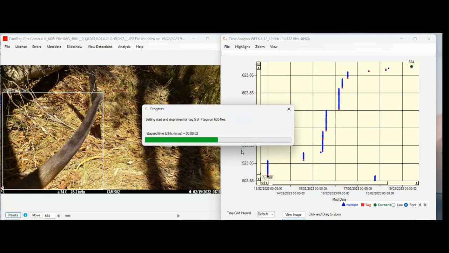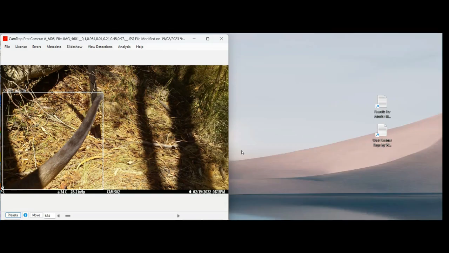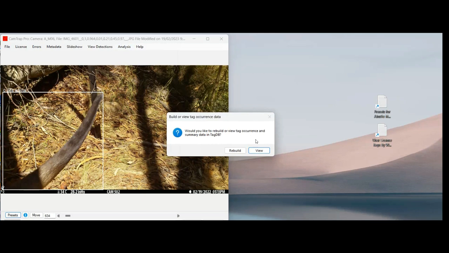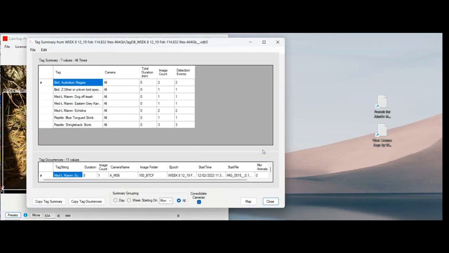And now we're going through all of the data and setting the start and stop times on tags. And now if we go to Summarize Tags and View, there's all the data which we've gathered for that particular camera. So this is really just to check the final grouping of the data